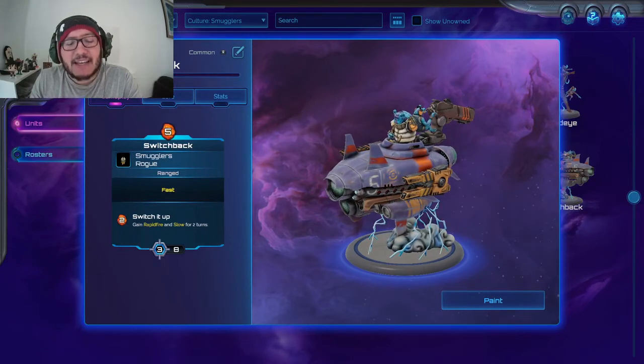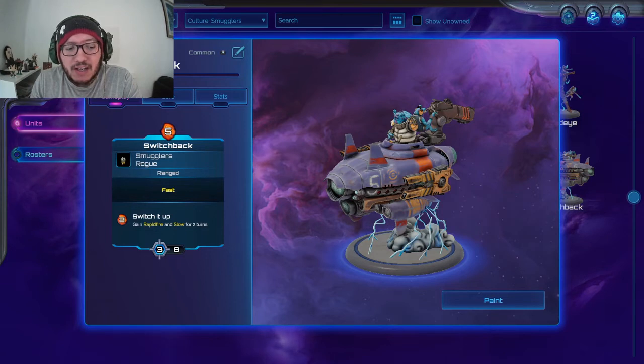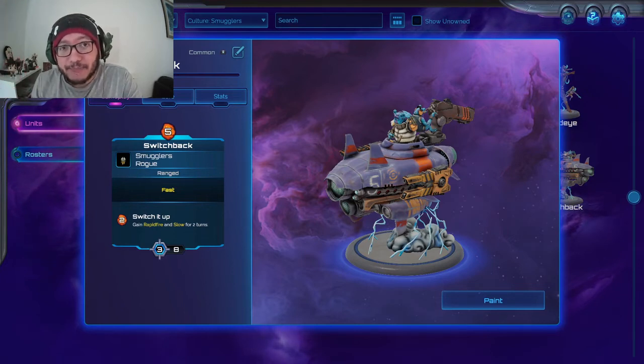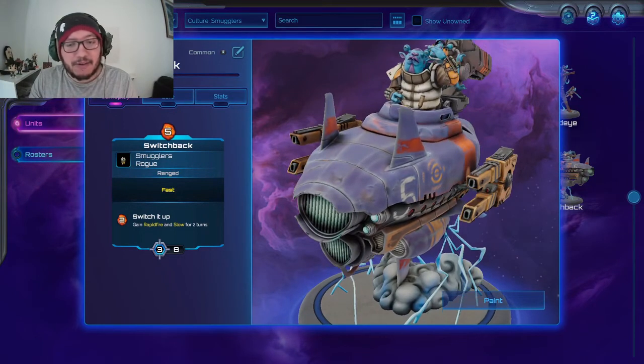Switchback is a 5-drop, so it's a big hulking boy. It is ranged, it is fast, so it has increased movement speed, and it costs 2 mana to activate. So effectively it's 7 mana: 5 to summon it, 2 the following turn to activate its ability, or 8 mana if it's in a deck that can activate it this turn. That's a 5 drop, then a 2 drop to activate, then 1 mana from another unit, which I'll talk about in a bit, to make it attack the same turn, because there is a commander that does that in Zarya. If you can get that down for 8, you can drop this and immediately do some severe damage,